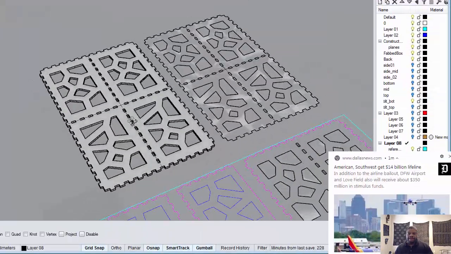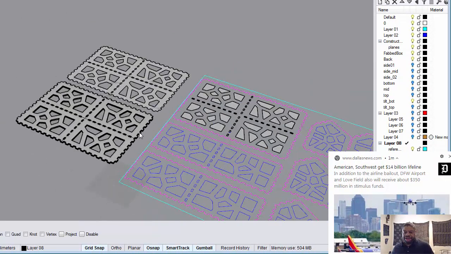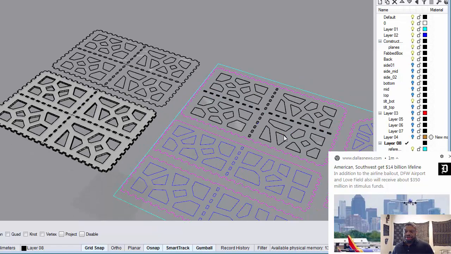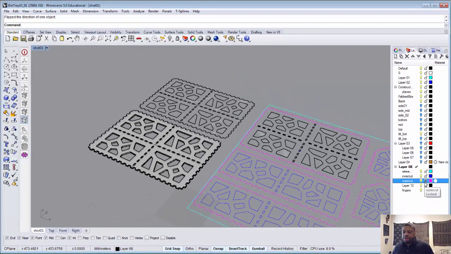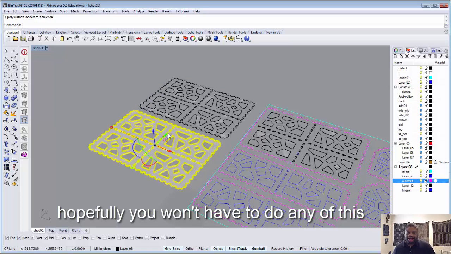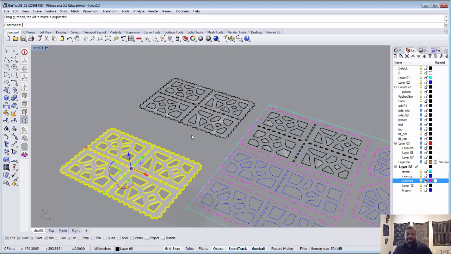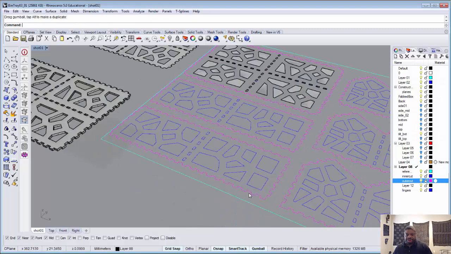So if you find a problem with your curves producing a solid, as we did here, one of the workflows is to use the wider curve to create a flat surface, and then use the inner details and finger joints to split that surface to create a planar surface that you can then extrude. I know that it's a really roundabout way, but it gets the job done. Okay, so now let's move over here to this set right here,